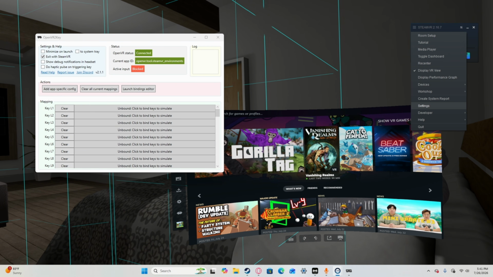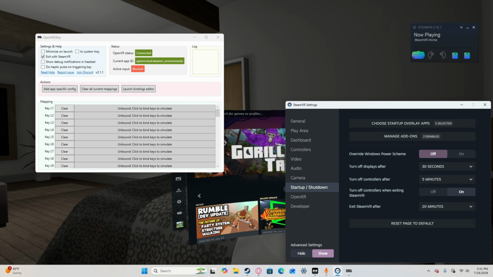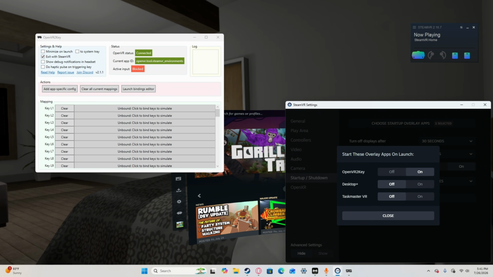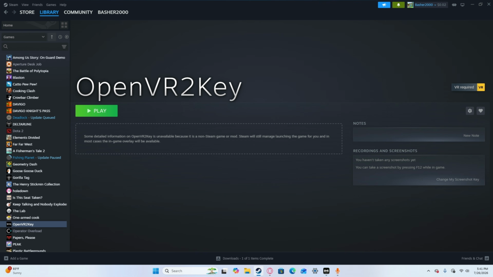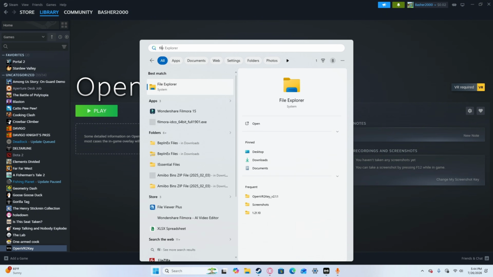You're going to want to head to Settings, Startup Shutdown, make sure you have advanced settings on. Actually, no, it doesn't matter. And see where it says Choose Startup Overlay Apps? Click that and make sure OpenVR 2 key and Desktop Plus are both set to on. Make sure you restart SteamVR in order to take effect. Now that you have OpenVR 2 key set up and everything, Desktop Plus is installed, let's head back to Files,